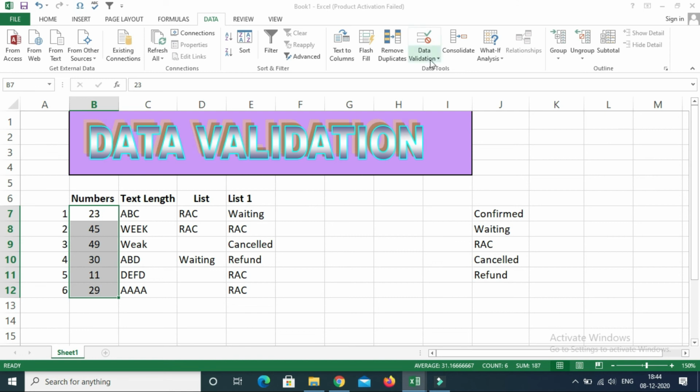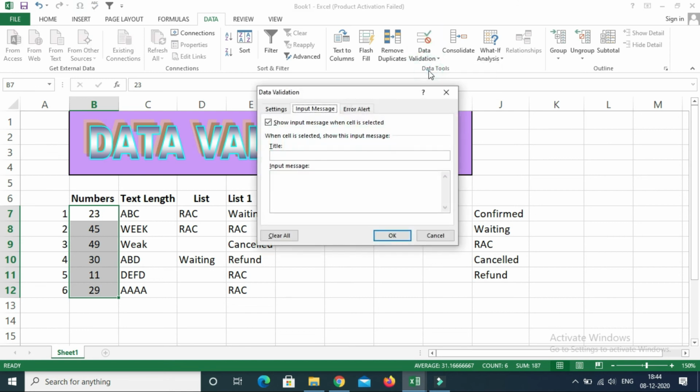To do that, you have to go to the data validation which we have already created for this. Now here you have the input message. Settings we have already discussed, error alert we discussed. Now let's give the input message. Again you will have a title here, so let's give the title, say, "Input alert". My input message will be, "Please enter the numbers between 1 and 50." Now this is the clearest message that I can give to my users, right?